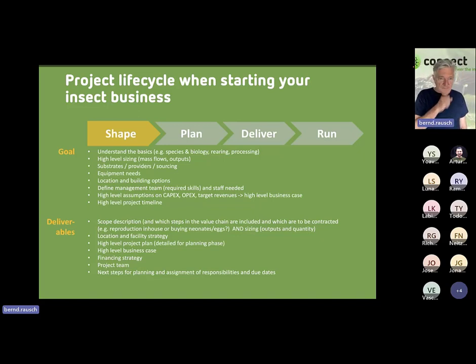understanding which species you will go for, whether it's black soldier fly, cricket, or mealworm, or whatever kind of insect. Understand roughly what you need to invest and get a rough understanding of the project. That is really something before you take millions in hand and start a planning session, which is already cost intensive. You may better have a first step, which I would call a shaping phase, which goes on the high level, let's say plan on the high level costs, on the high level location, equipment needs, and things like that.